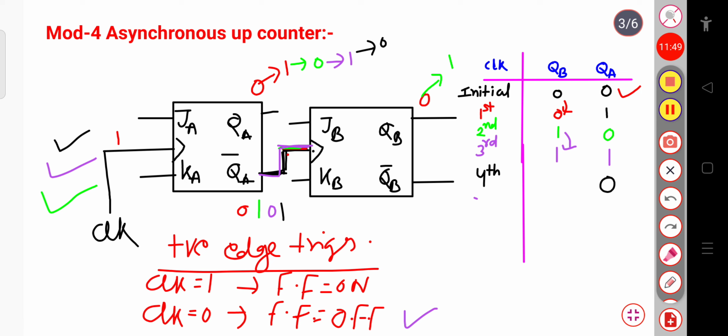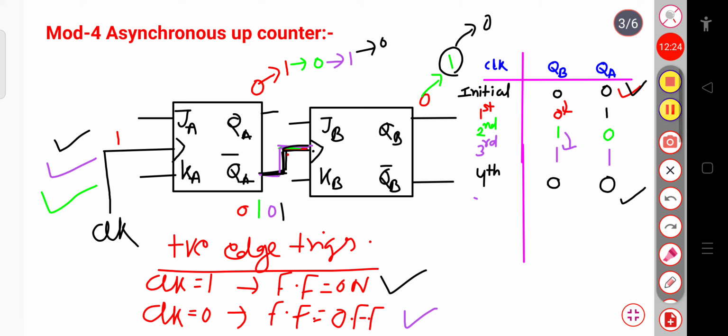1 is given to the clock of the second flip-flop, so that it is now in the on state, that is, the flip-flop is on. So it will now change from 1 to 0, that is, the toggle condition will apply. So now 1 will go to 0. Is that clear? Now you can see that this fourth value is repeated as the initial value. So after that this process will get repeated.